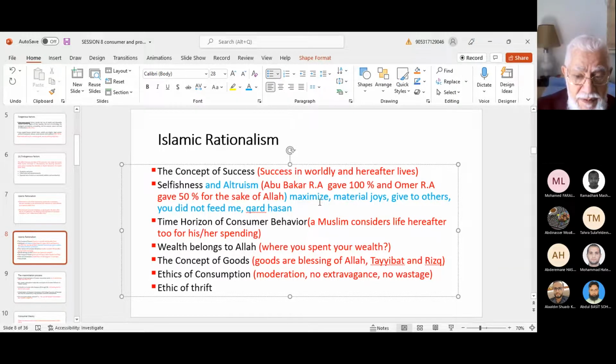So this is the idea of selfishness through altruism. That is to maximize your own benefit, you need to be good to others. And the more you are good to others, the more you are maximizing your benefit, even more than when you eat it yourself. When you eat it yourself, you get, say, one joy, one util. Let's take utility. You take one util, but when you give it to others, you may take 700 times. So it is a lot more when you give it to others.